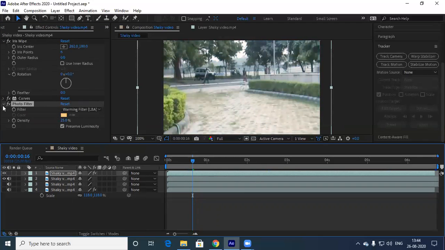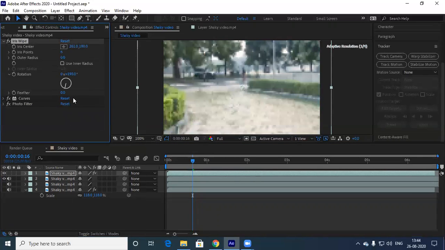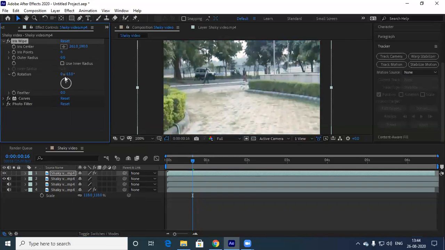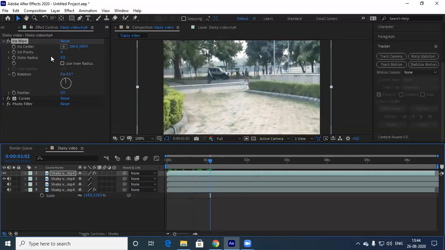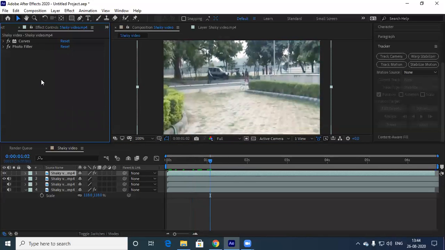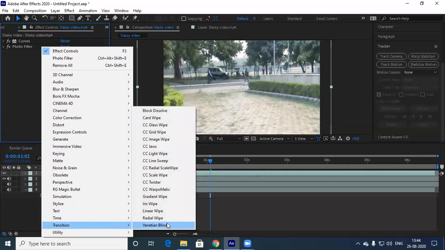Okay, now come to wipe. Sorry, not this one, x-axis. Let me take some of the wipe, go to effect, go to transition.